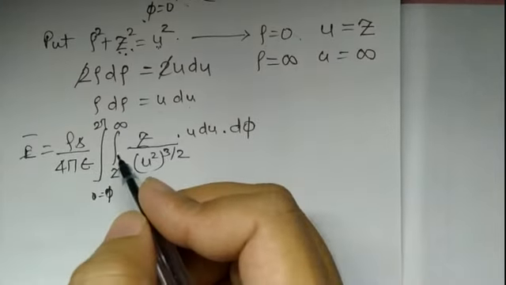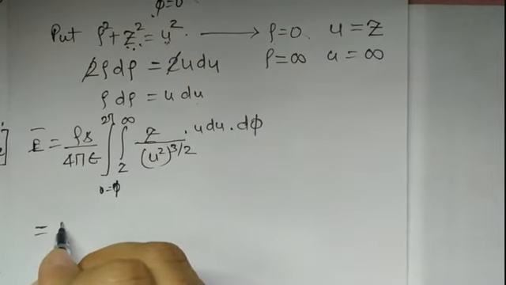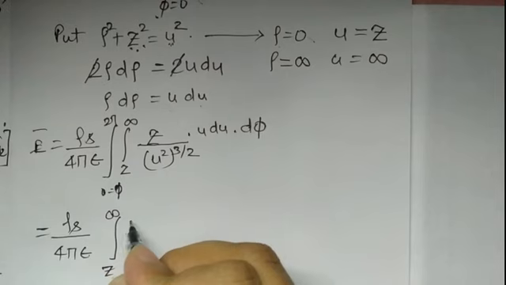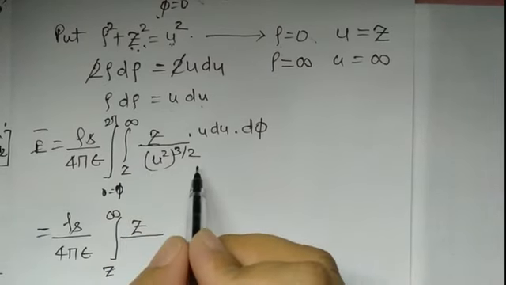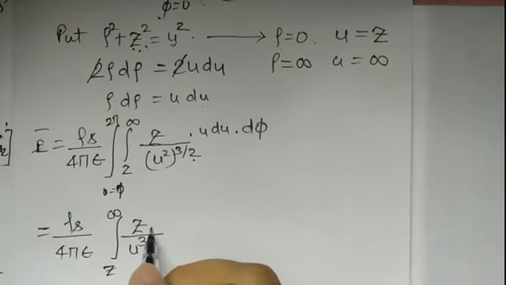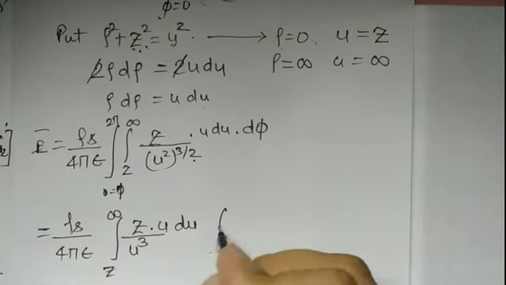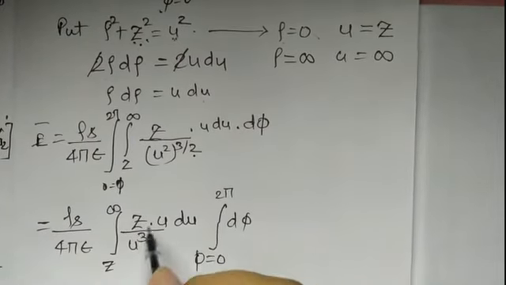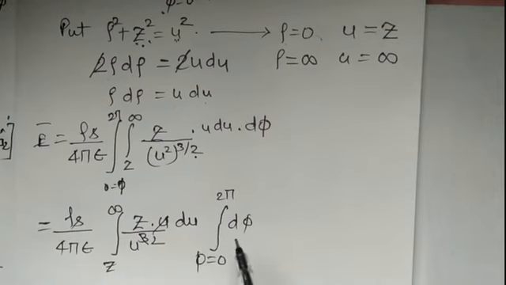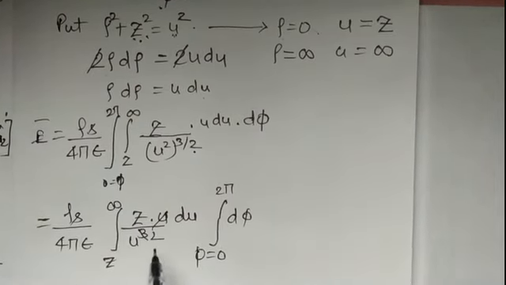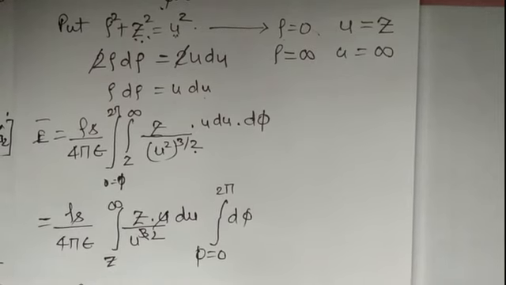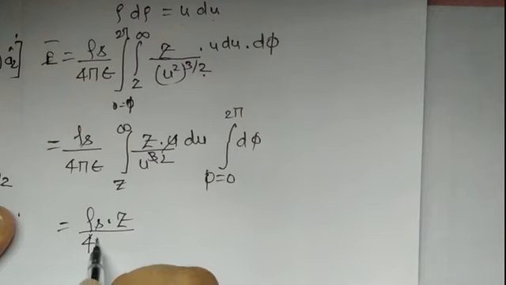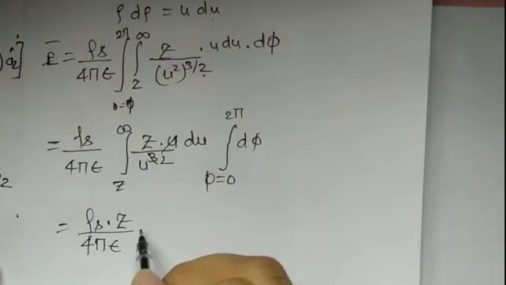So I am rewriting the equation as ρs upon 4π epsilon, with z to infinity, z upon u cube into u du. The square and the 1 by 2 will cancel each other, leaving behind u cube into u du. The second integral is φ equals 0 to 2π, dφ. So I'm solving this equation; u square would be over here. So ρs into z upon 4π epsilon into